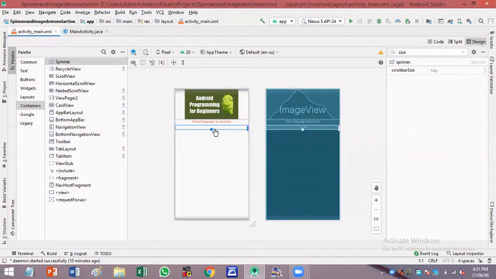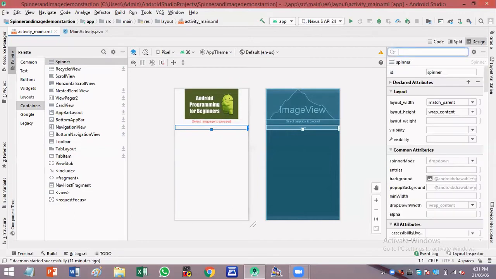And now you can see the attributes of this spinner. So the ID of the spinner is spinner itself. I'll not be changing the IDs of any of the tools here. So the IDs will be retained as they are. Now we have to add items to the spinner.